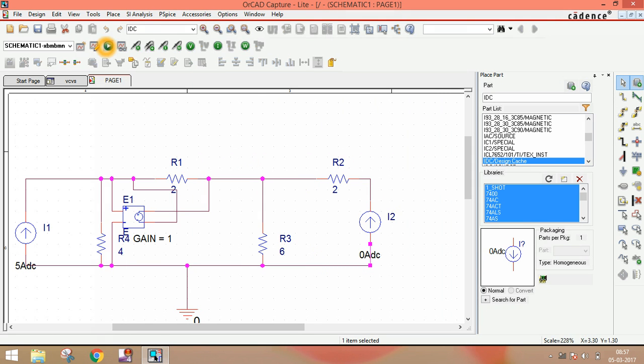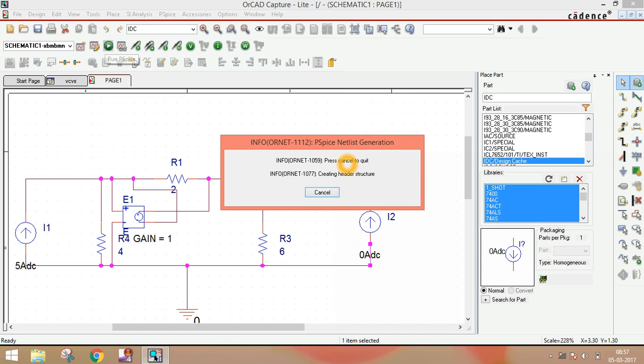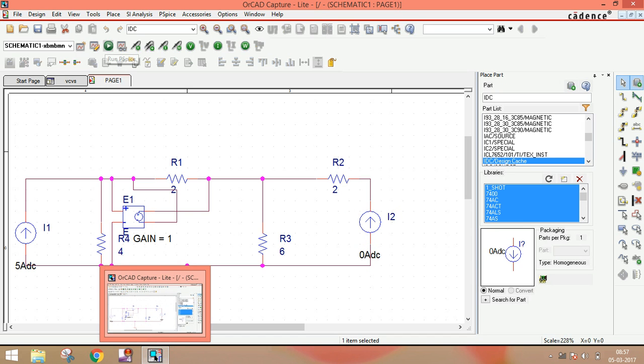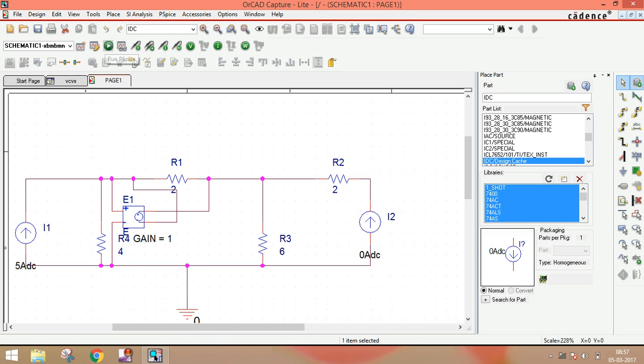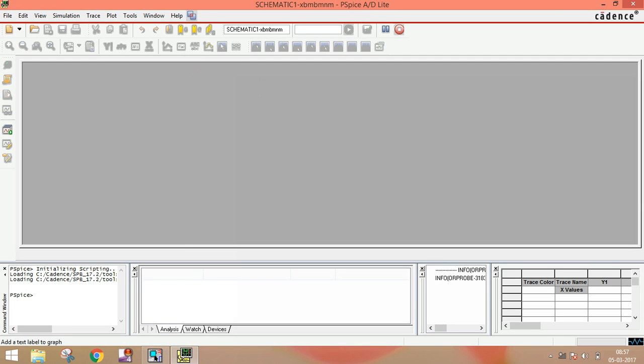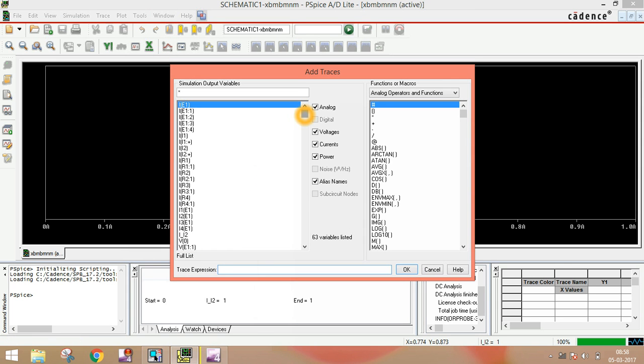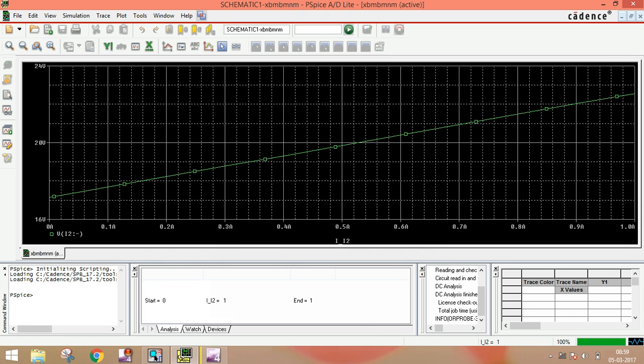Now run this. You can easily run from this symbol, run PSpice. Here our output is coming. You know all these things in Thevenin's analysis. Select V(I2) minus, and here you can see